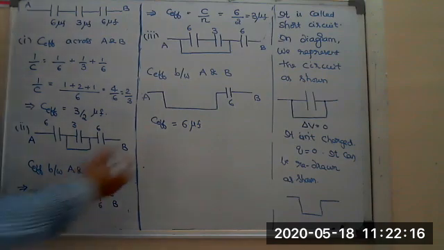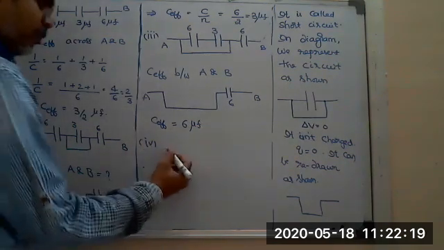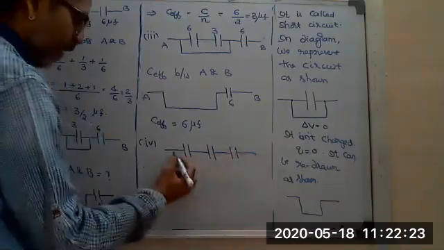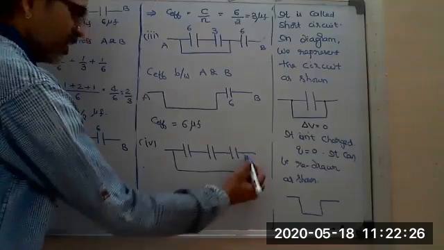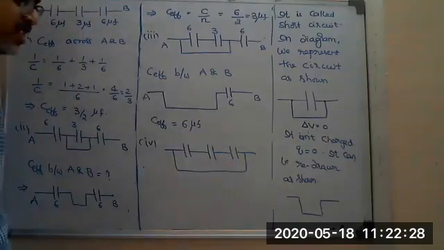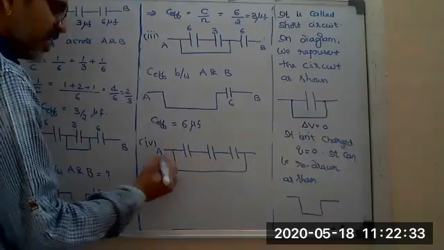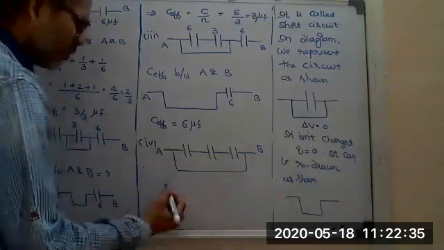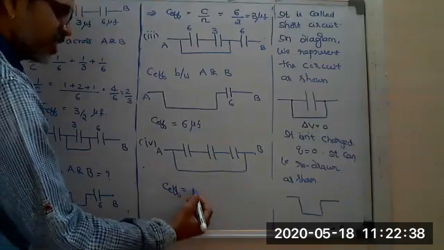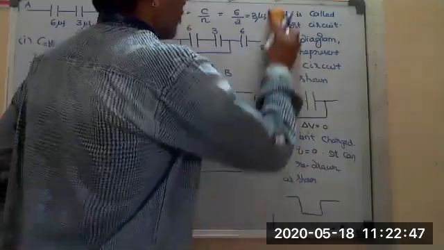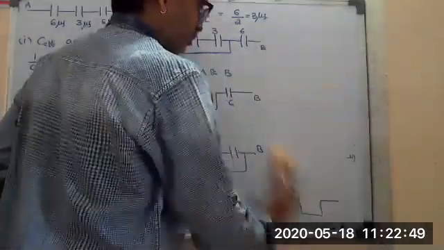Okay, and here the fourth one, I am connecting one wire across these two ends. Why? Because all the three capacitors are short circuited and no capacitor is there between A and B. That's why you can say easily C effective in this case is 0, without my explanation. Okay, no need to explain there. But I'm interested to explain one concept here, one model here.